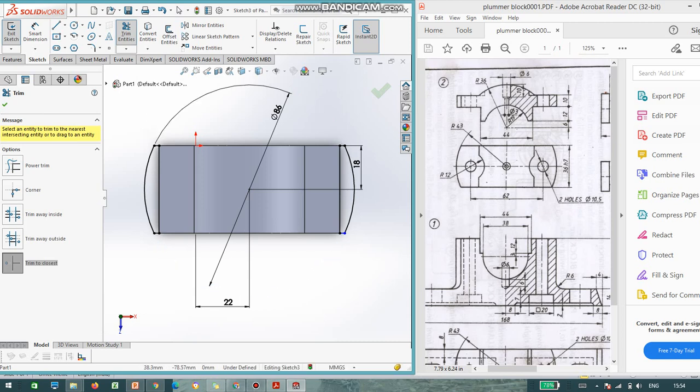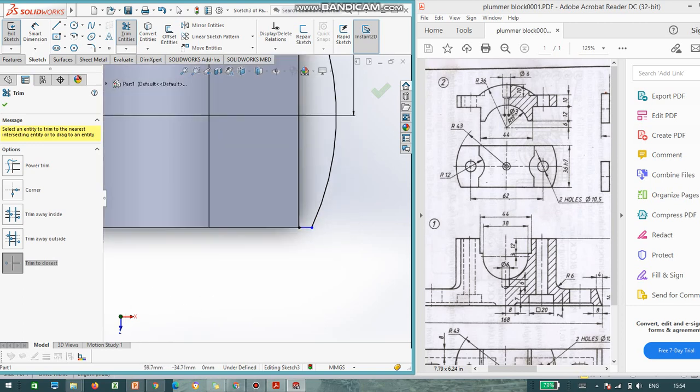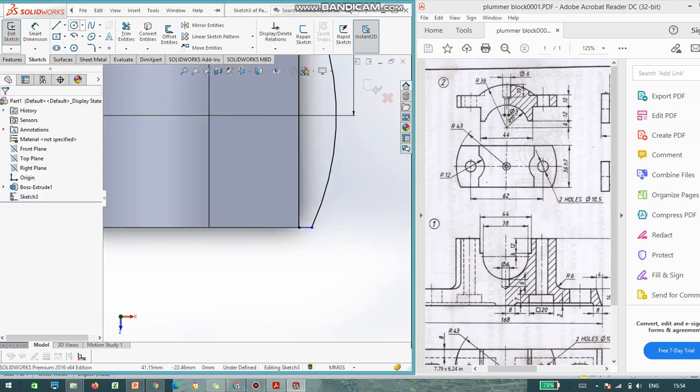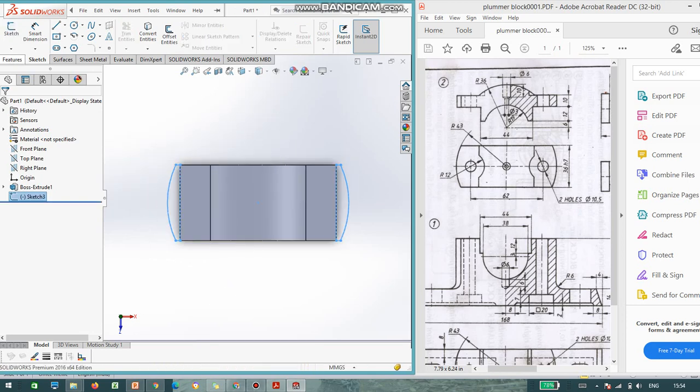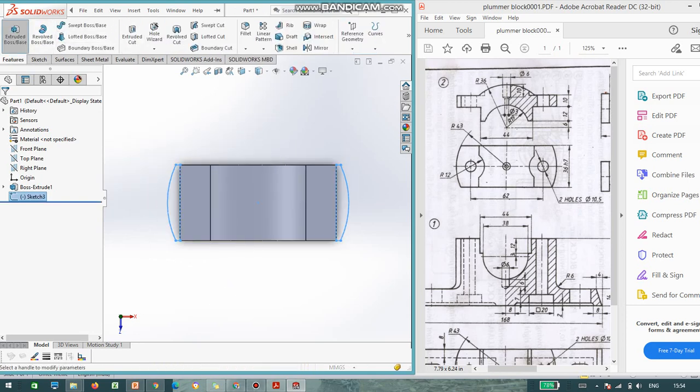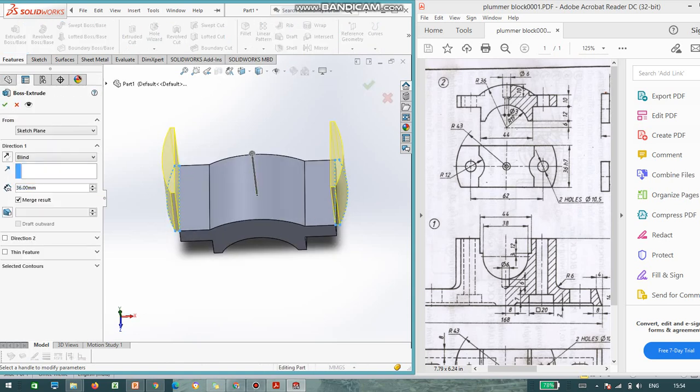Okay, again it is fully defined. If it is under defined, you can assign the dimension. So come out from the sketch, go to features, extrude it. Extrude in the reverse way, and we know the distance is 10.